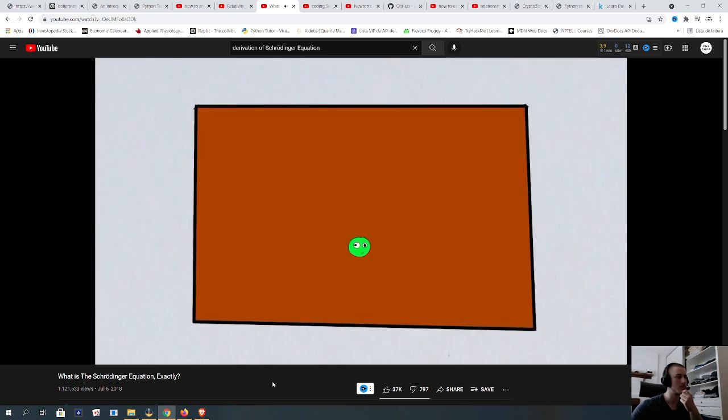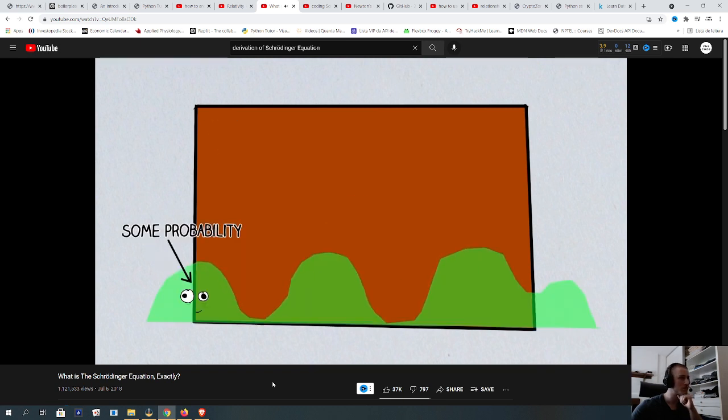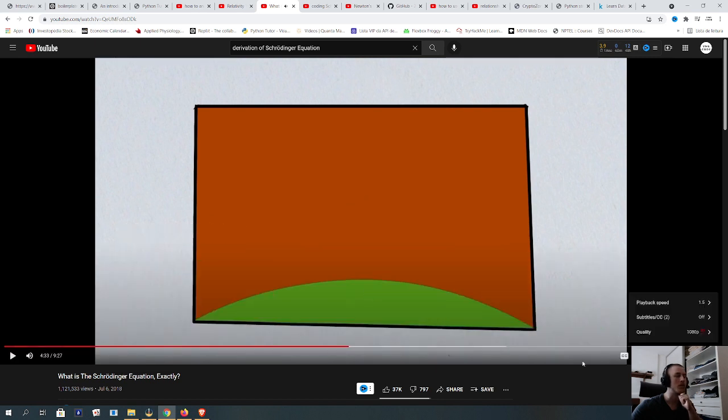Because our particle is inside the box, it has a zero probability of being found in or outside the wall. So this means the wave function always needs to be zero there. Otherwise, there's some probability that the electron could be outside the box, which we know it's not. That means that the electron can only have